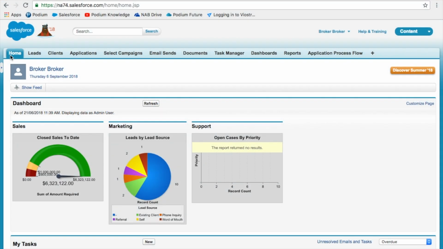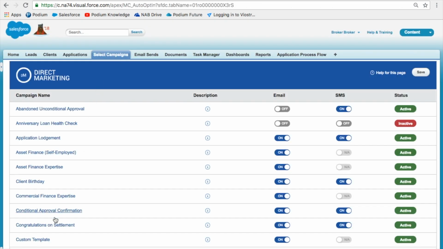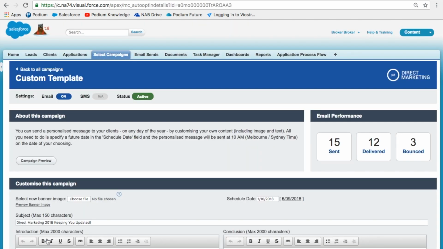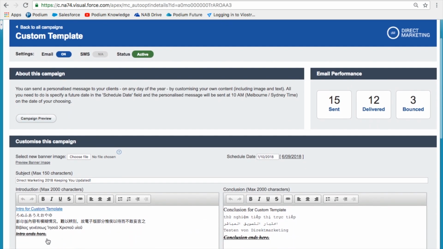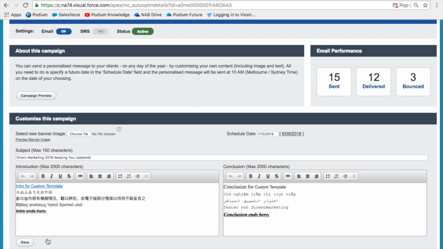From your homepage in CRM, navigate to the Select Campaigns tab and scroll down to find the Custom Email Template campaign page. You'll notice a new Customize this campaign section below the description and send activity fields. This section is available across the majority of the email campaigns, allowing you to add a more personal touch to